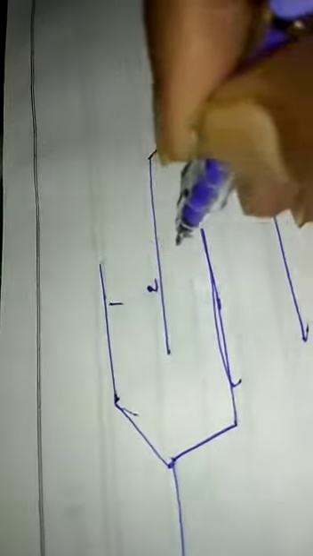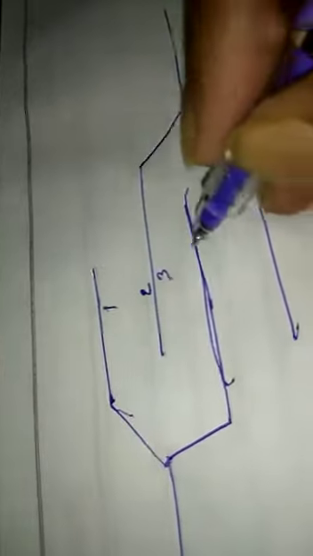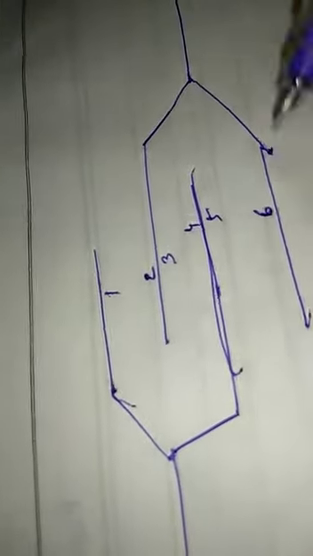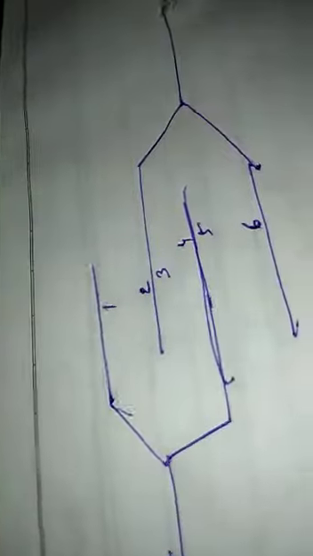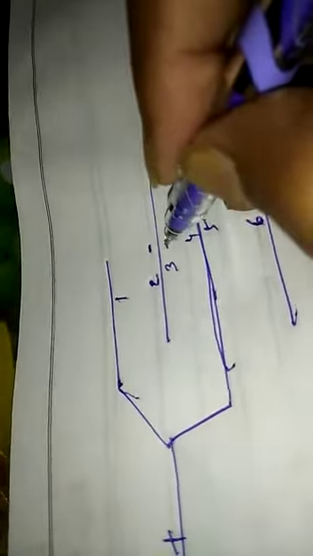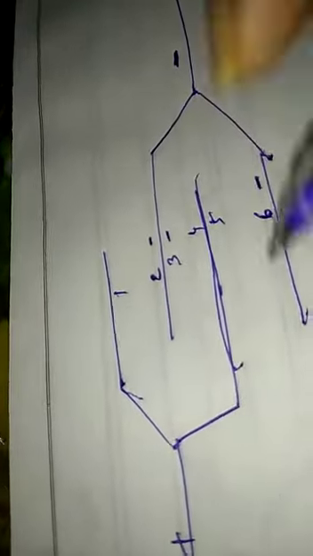Again, first you have to number the plates 1, 2, 3, 4, 5 and 6. This be plus and this be minus. So if this is minus, this has to be minus, this has to be minus and this has to be minus. If this is plus, this has to be plus, this has to be plus, this has to be plus. Clear?